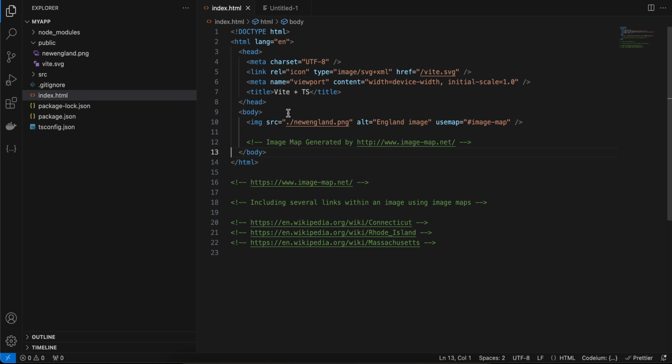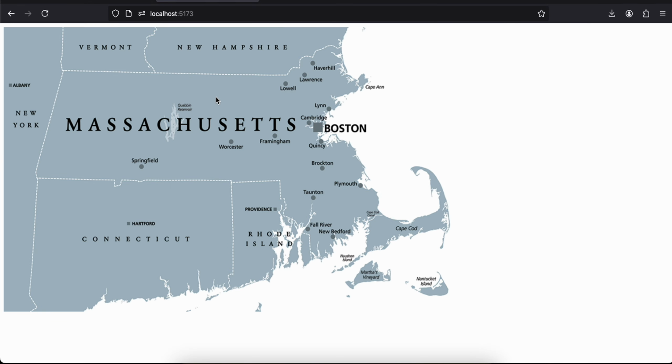If you see my HTML, all I have done is just display our image, that's it. And if you see my output, this is my output. Nothing really happens when I click on the image. Now to embed different links in this particular image, what you can do is